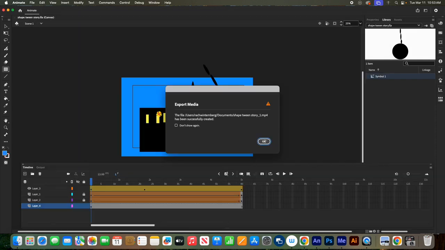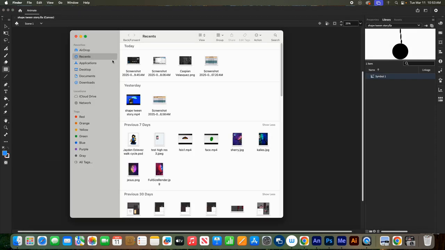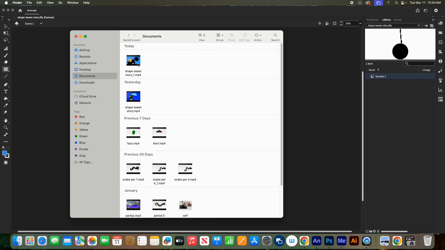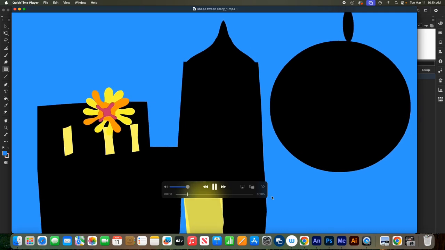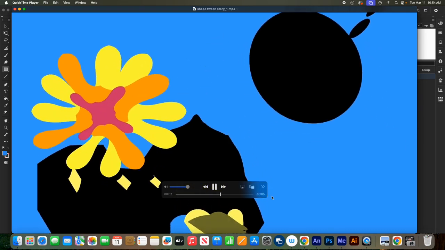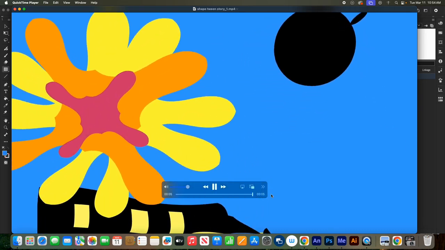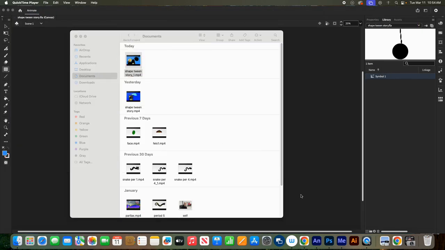So if I look in my Documents folder, you'll see it right there, and there's my video, okay? And it's about 5 seconds long. You can make yours 5 seconds or 10 seconds long, depending on what your story is. You may not need it to be longer than that, okay? So those are the